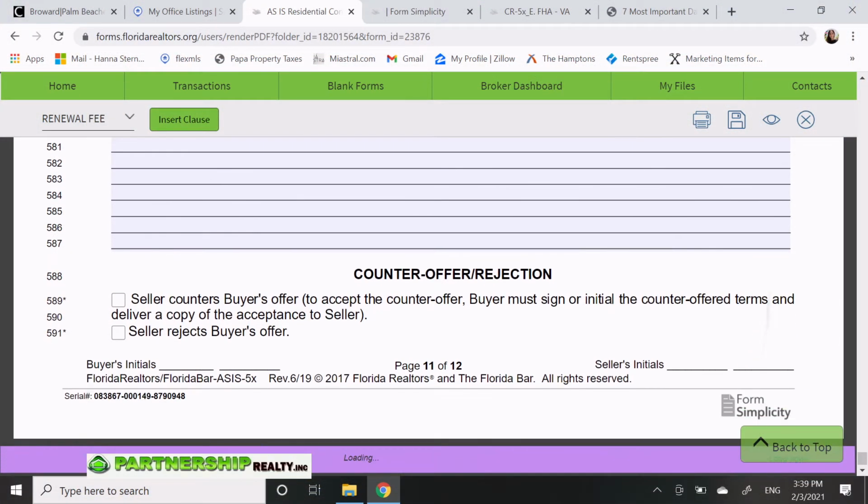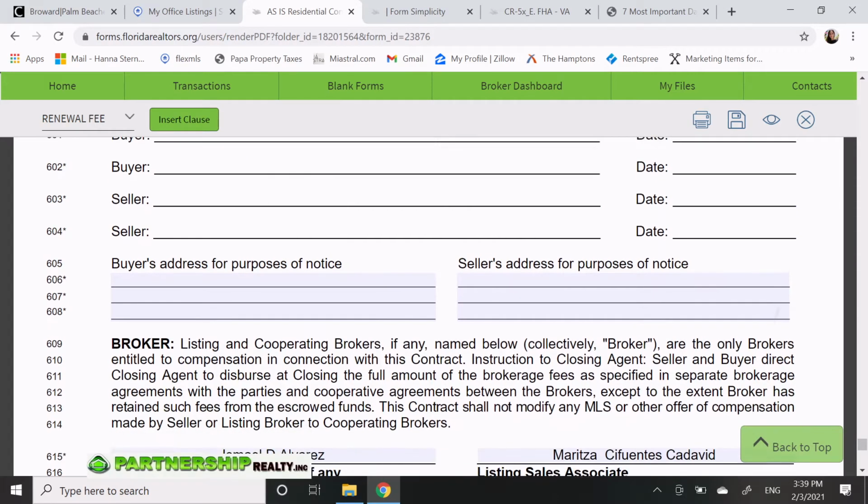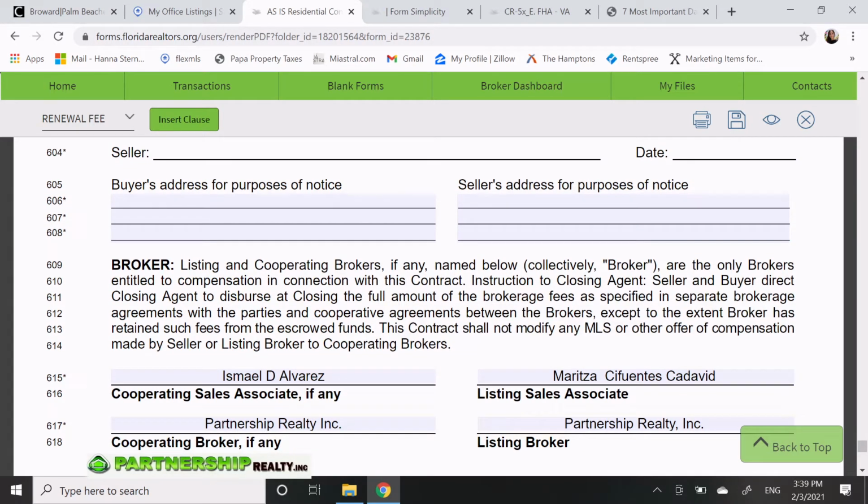And now we're almost done. Like I said, filling out an as-is contract is truly 10 minutes or less. And if you're taking more than 10 minutes, it's because you went and got a cup of coffee or something like that, or a tea. So we're just missing line